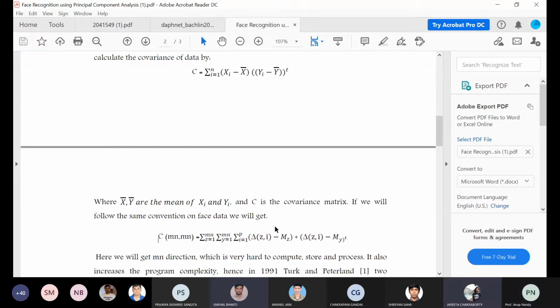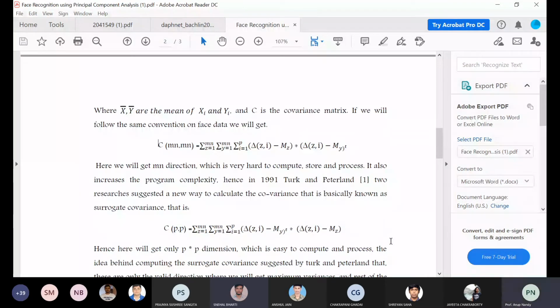That's why it is different, because the mean that we are taking here is the original one in the normal covariance formula. The first one is the normal covariance, the second one is the surrogate one. No, in the second one also we are only considering the phase part of it with phase data. It should be del zi only, and the one below that is the surrogate matrix. In the surrogate matrix, we are just changing the notation, transpose part of it.